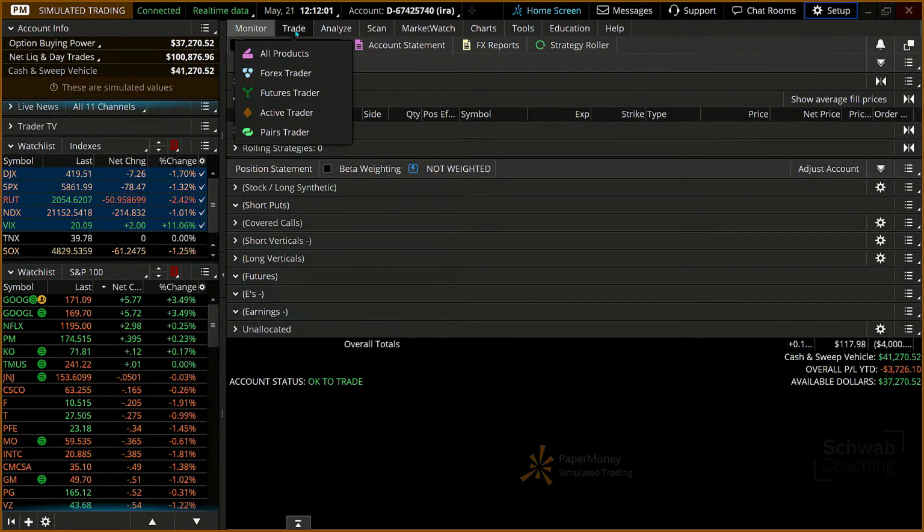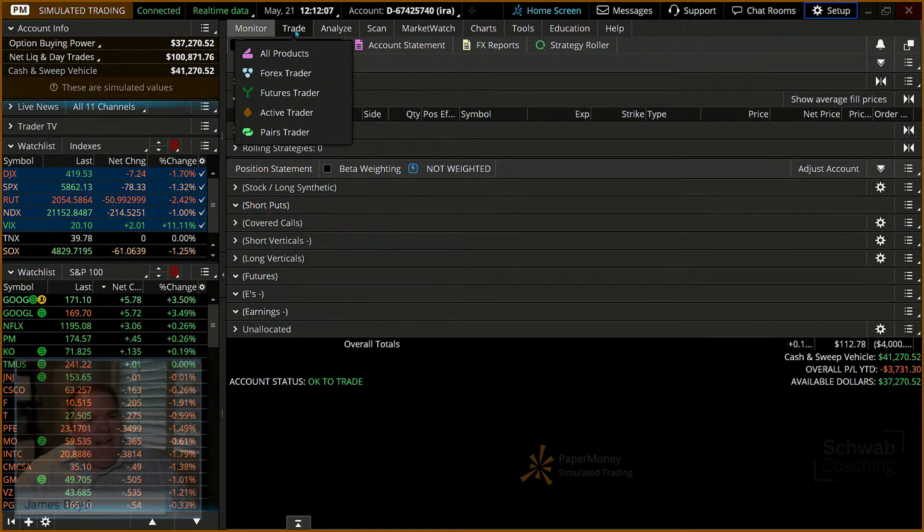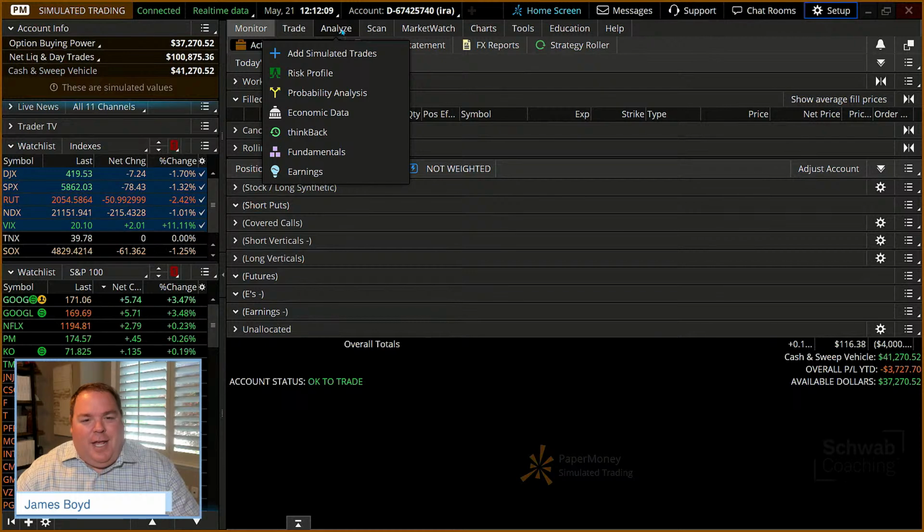The reason I say it like that is a lot of times we look at these tabs and say we don't know what it does. Well, it's going to be more logical than you think. Analyze. You think about an engineer when I say that, or an accountant. The analyze tab is going to kind of get it. I call it the detail tab. This is where we're looking for some nitty-gritty stuff, some specifics. Don't use it a ton, but think of it as a reference.